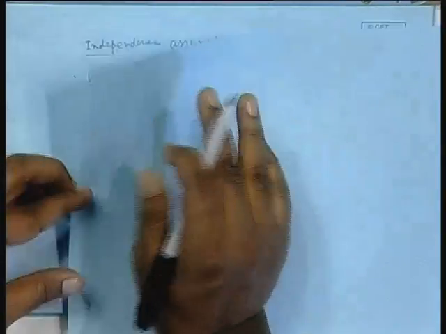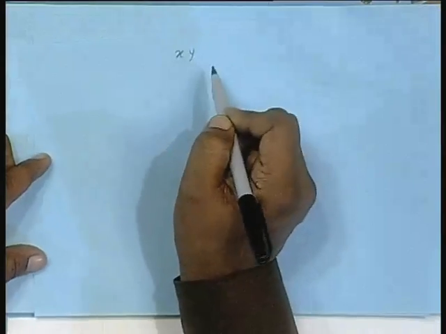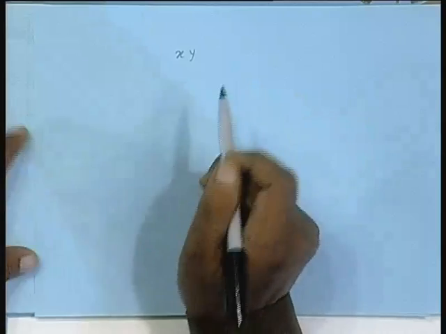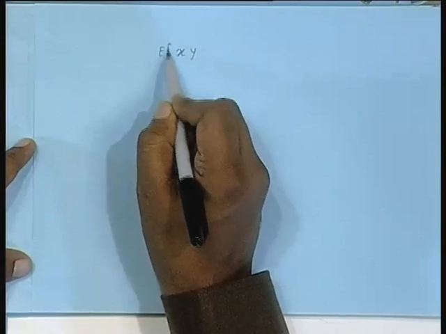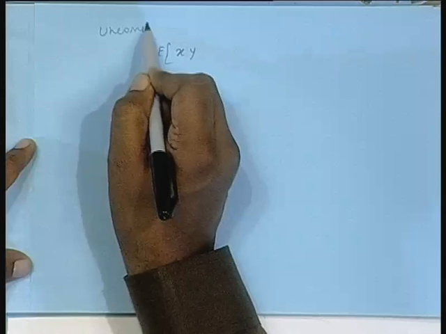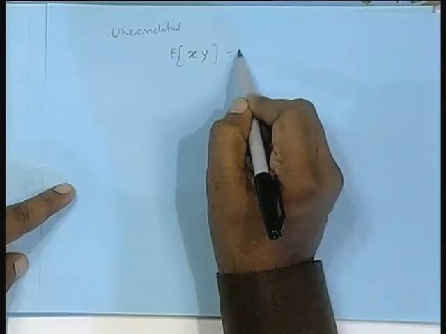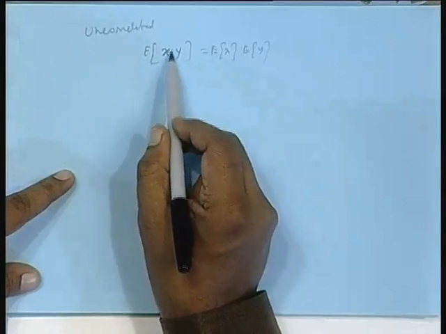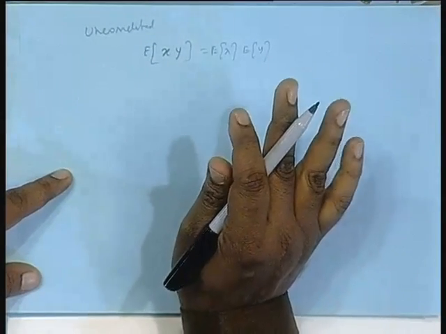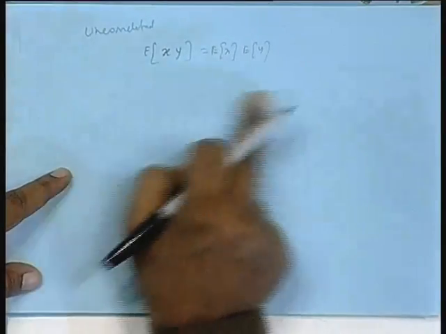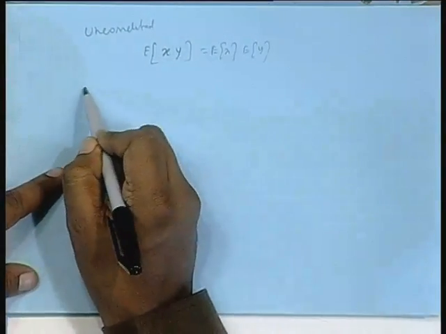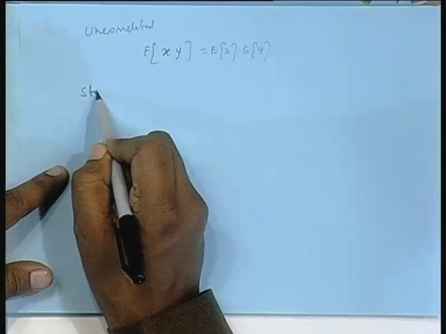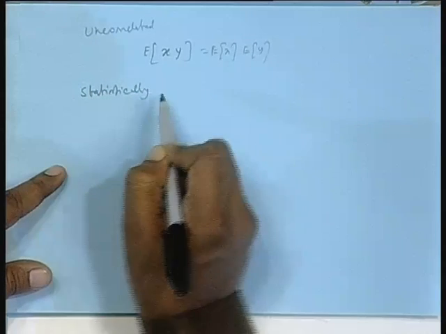suppose x and y, okay, x and y, just see this, this is a departure from the discussion. Suppose x and y, to start with, assume they are real valued. If you take x and y and if they are uncorrelated, uncorrelated means E x y is E x, E y. If they are complex valued, it would have been E x y star equal to E x into E y star. Okay, but just let us confine to real case. This is one, uncorrelated. And if I say they are statistically independent,